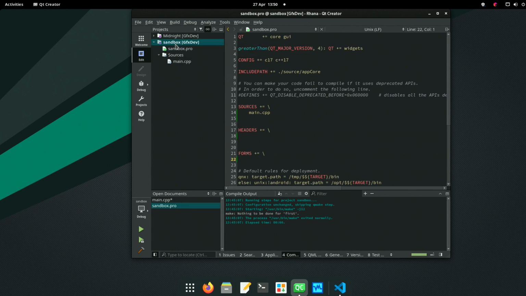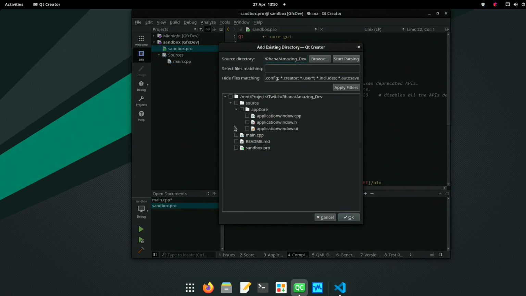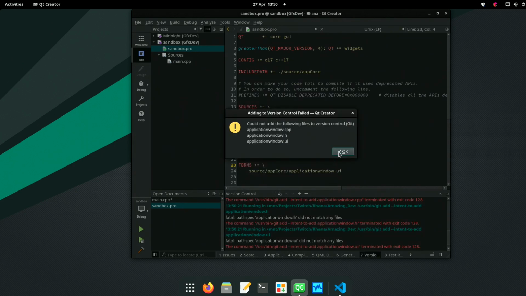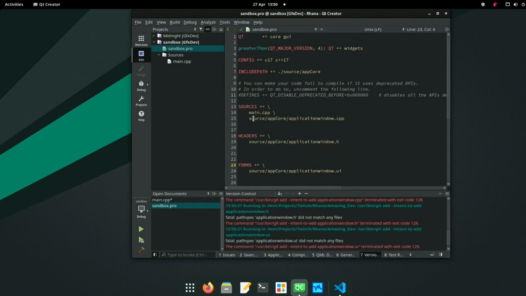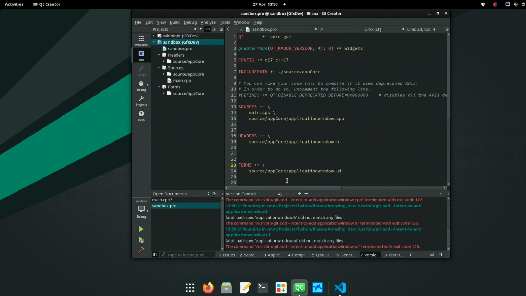That would have probably been better. Okay, add existing directory. Let's add you. Okay. Just puts it all back in here and puts in app core instead of core. So all of that worked nicely. Don't care about the bottom bit. Lovely. That was okay then.